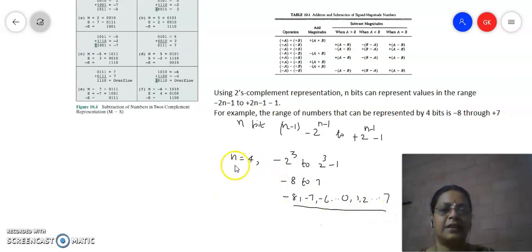So like this, for n bits, you will be having 2 power n minus 1, minus 1 on the positive side, and then 2 power n minus 1 on the negative side. Because we have 0, we have to reduce the number by one position on the positive side. So the range of numbers that can be represented in 2's complement with n-bit representation is minus 2 power n minus 1 to 2 power n minus 1 minus 1. So you just remember this range. This completes the discussion of 2's complement representation and the range of numbers.